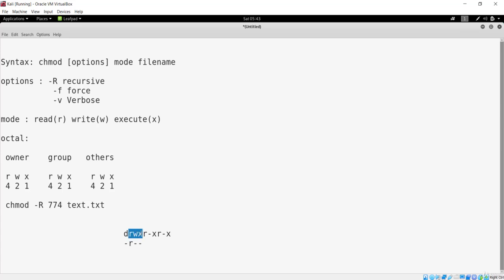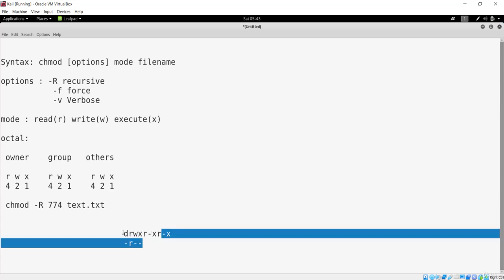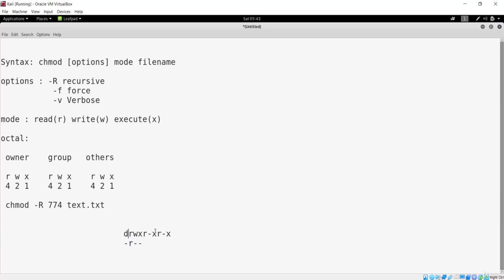This is the mode. After these 3, the next 3 are for the file group. The file group can read and execute but cannot write. The next 3 are for others, other than the owner and the file group, who can also only read and execute, but not write.